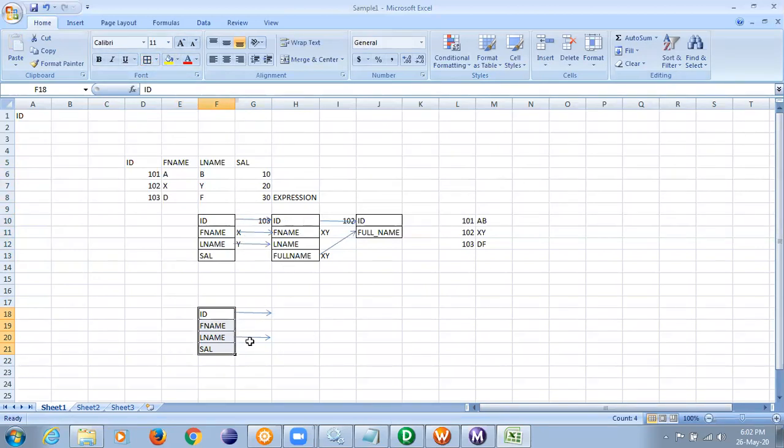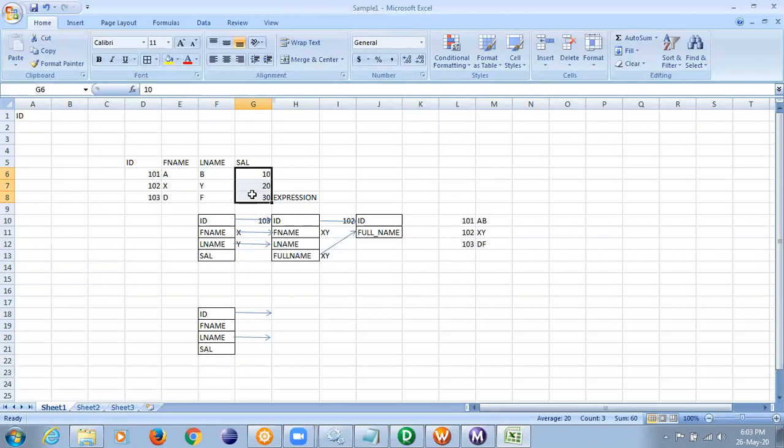Now the question is, I want the total salary of all the employees. So the question is clear. I want the total salary of all the employees.